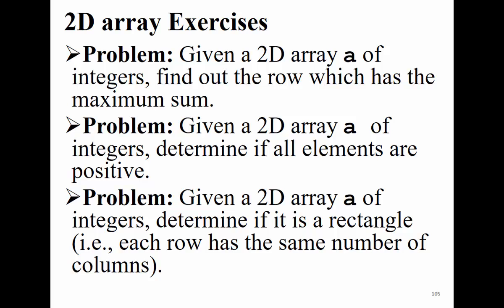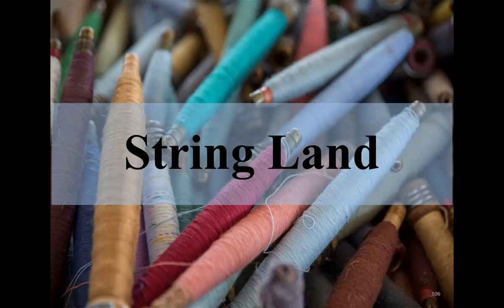What I mean is that the number of columns for each row is the same. Each row has the same number of columns. Okay? Any question? If the number of columns is equal to the number of rows, that's a square matrix. If the number of columns in each row is the same, this will be a rectangle matrix. Okay? Any question?